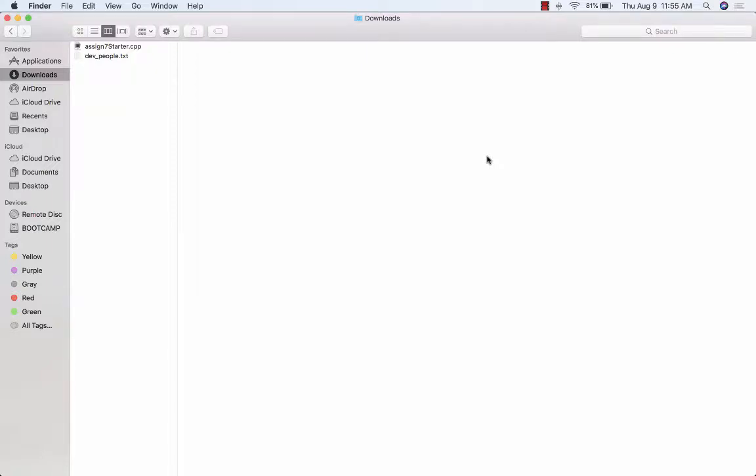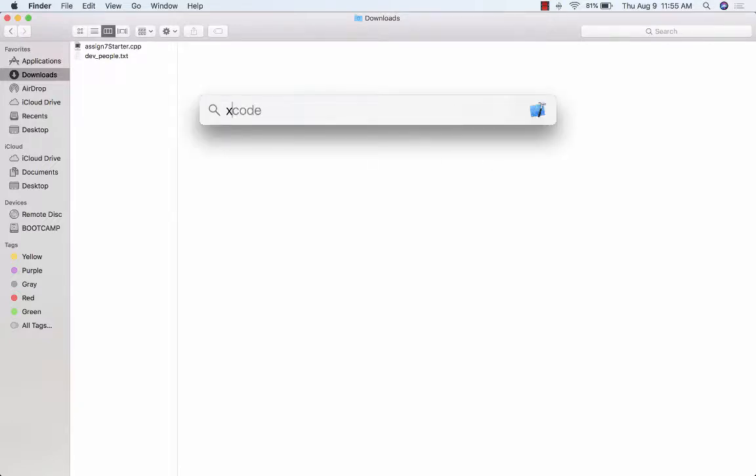This video shows how to use Xcode to add command line arguments, to load a file via the command line arguments into the program, and to pull code outside of the main file and put the code into their own respective class files. So let's start by opening Xcode,